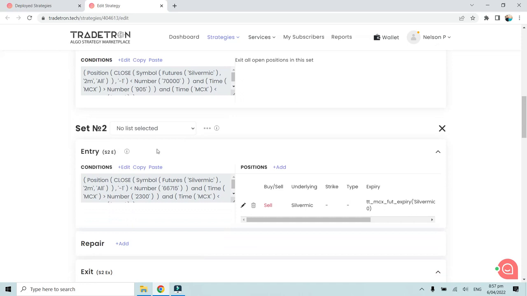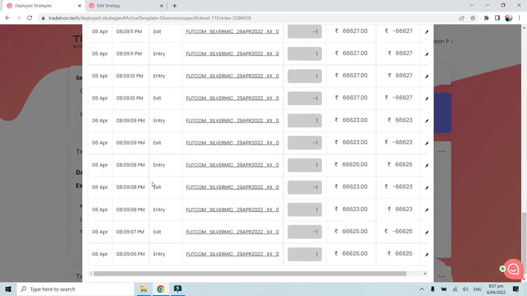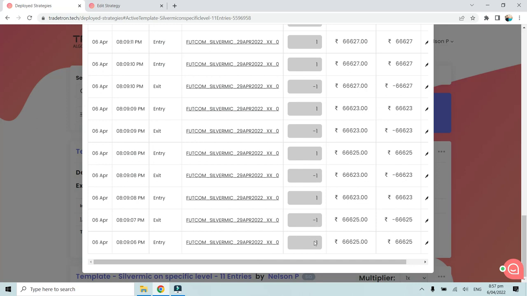And set number 2 is what we have created to go into a short position, that is selling Silver Mic. Since we saw that the set going into loop is the buying set, where we buy the particular future of Silver Mic and exit it,